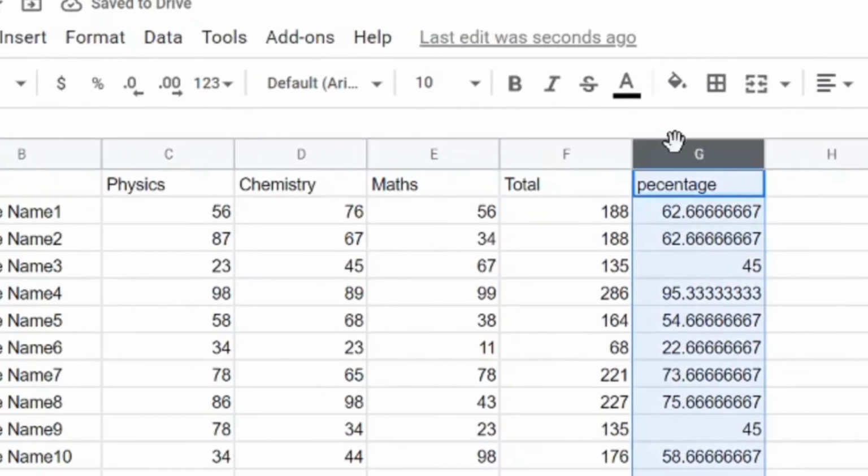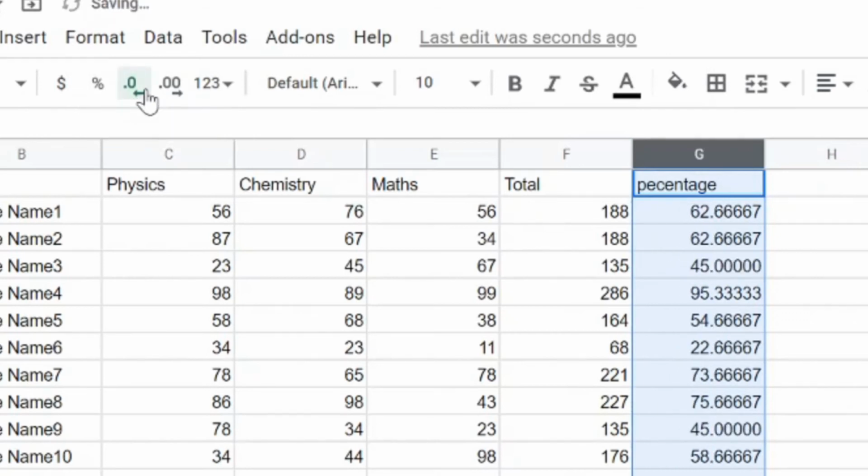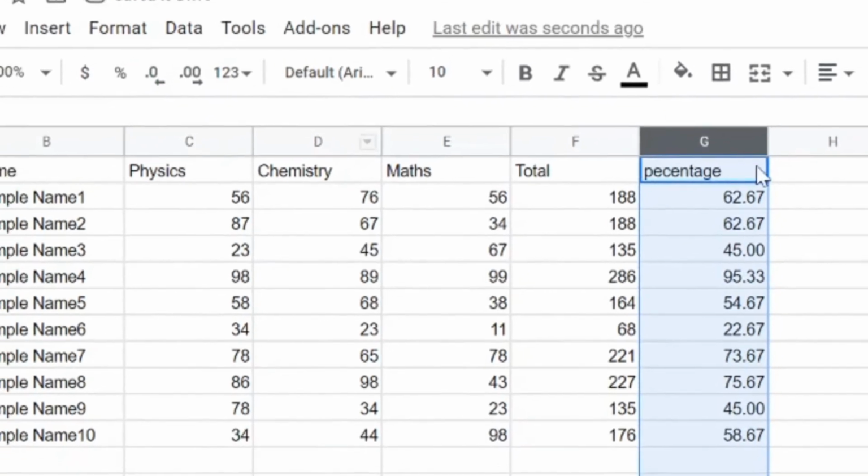If we want the even number of decimal values after the point, okay, we can use these two options. Please look into my mouse pointer. So this is to decrease the decimal places and this is to increase the decimal places. You don't have to worry because it will automatically round off your values. So we want to decrease, we will click, let me keep up to 2 decimal places. Okay, it will be enough.